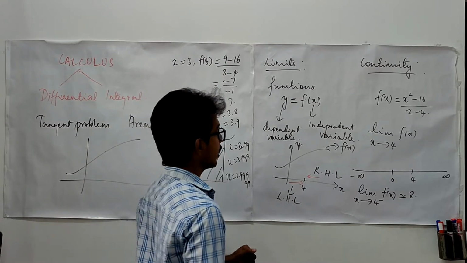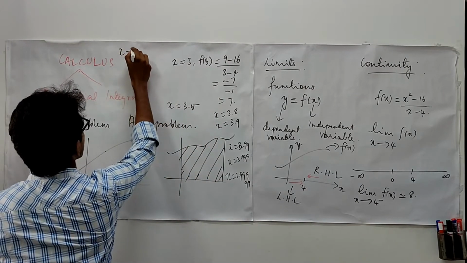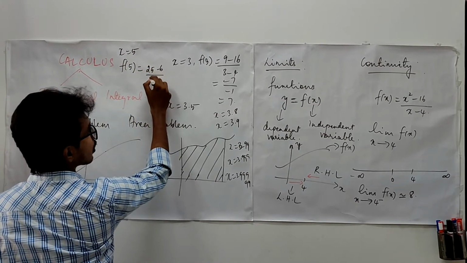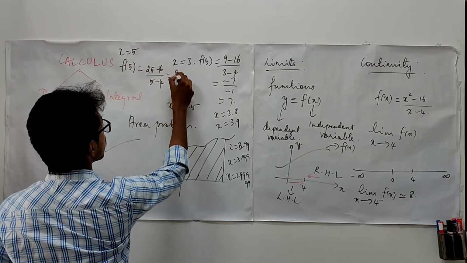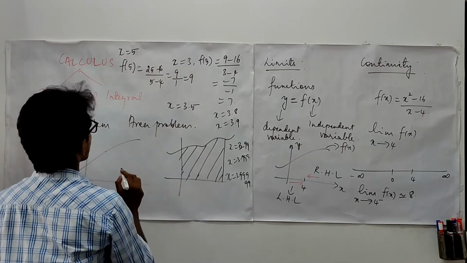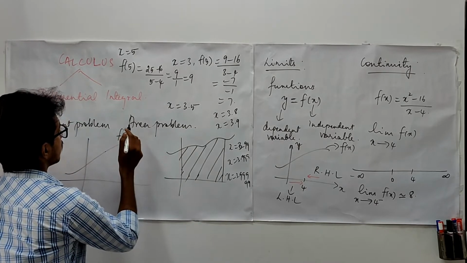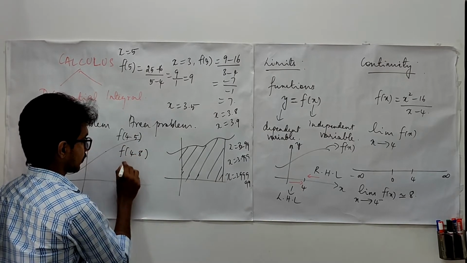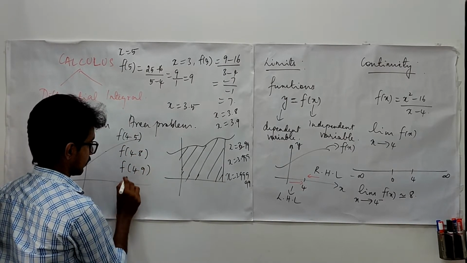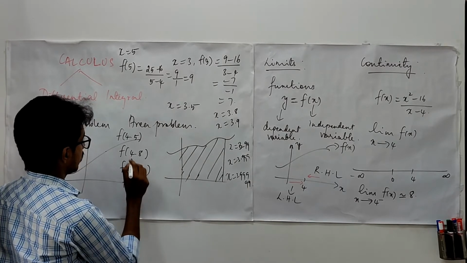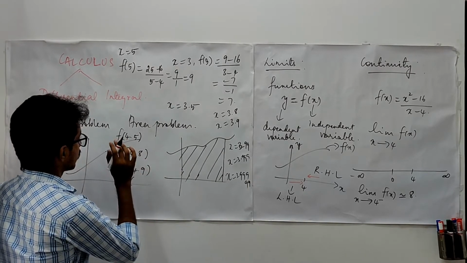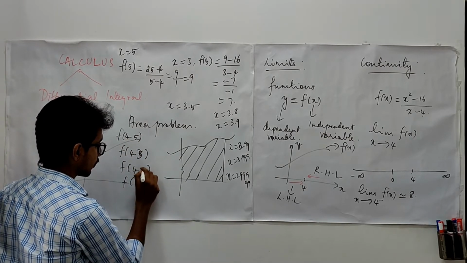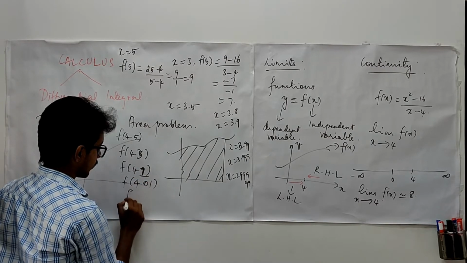Right? Similarly, we see for when x is 5, my f of 5 is going to be what? It is 25 minus 16 upon 5 minus 4. It is going to be 9 upon 1, which is 9. Okay. Then let us take f of 4.5, f of 4.8, f of 4.9. We have to reduce the values, right? So f of 4.5, f of 4.3, f of 4.1, f of 4.01,